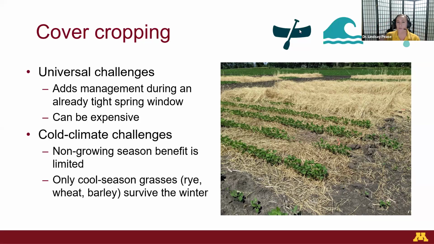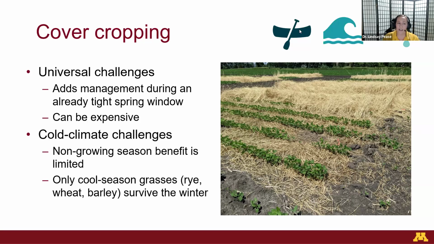In a year like we had in Minnesota this past spring, that had so much rainfall, the farmers really struggled with that timeliness of getting out in the field. We actually have an on-farm component of this trial, and the farmer had to just drop out of the trial completely because he wasn't able to plant his crop that we had our cover crop in. So these challenges do come up.